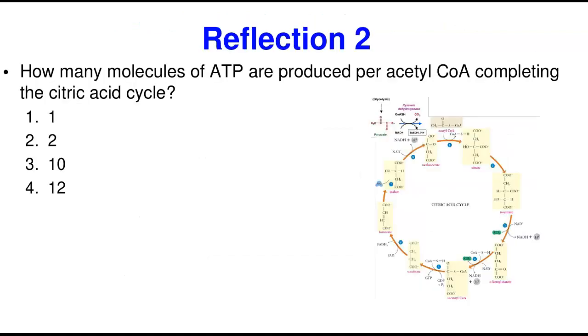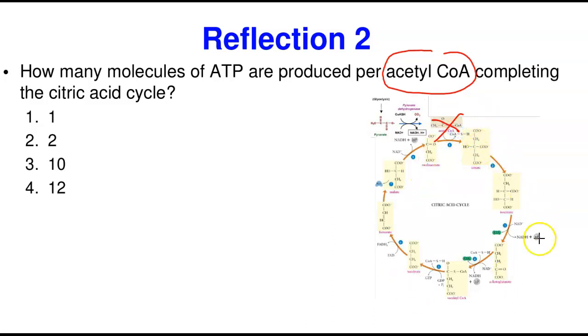We now go to the last reflection, but not the least, in this class. It says, how many molecules of ATP can be generated when just one molecule of acetyl-CoA goes through one cycle of the citric acid cycle? So remember, when we did the citric acid cycle, we mentioned what we get from there. Every one cycle of this gives you, remember, we're not including what happens before it enters.